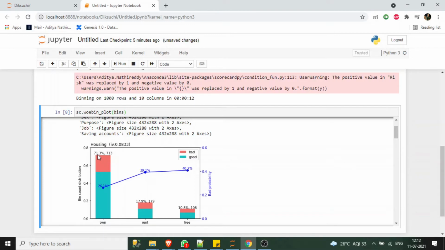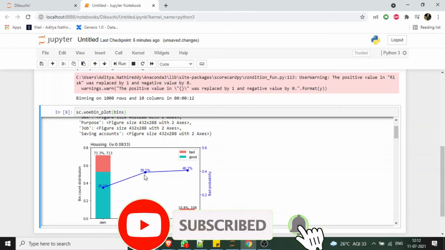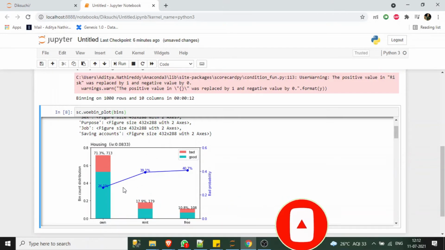So 71.3% customers are falling in this bin with a risk percentage of 26%. Okay, and the rented population is around 179 customers, 17.9% of the customers, and the risk percentage is 39. So by looking at this, we can say that the customers who own a property are less risky when compared to the customers who are rented or in the free bucket, right?